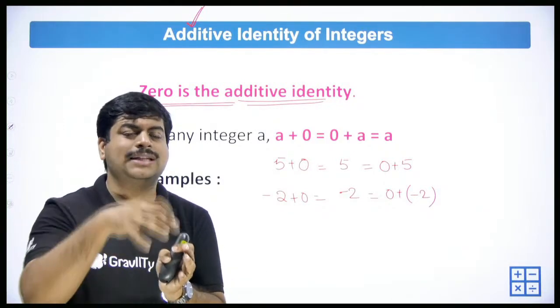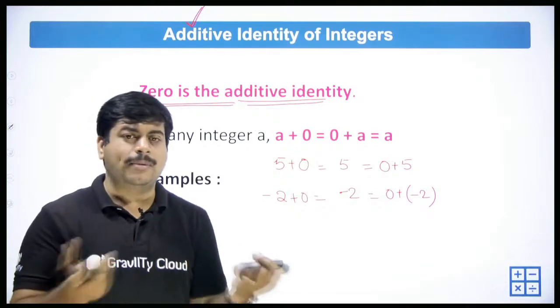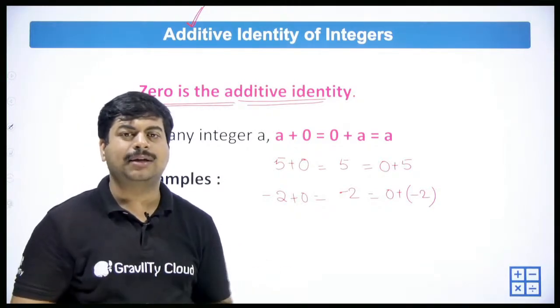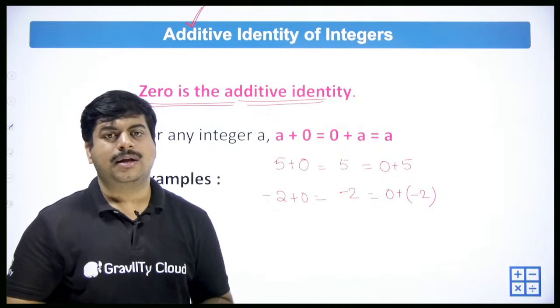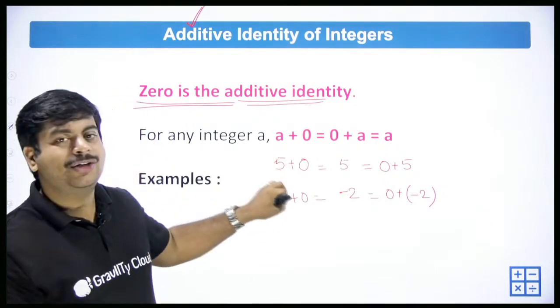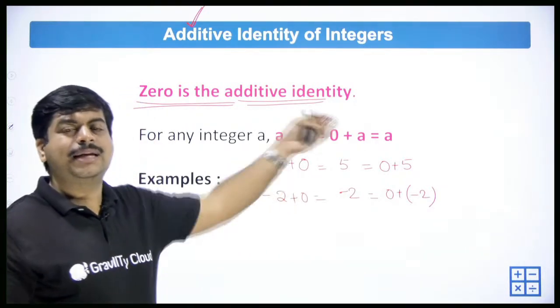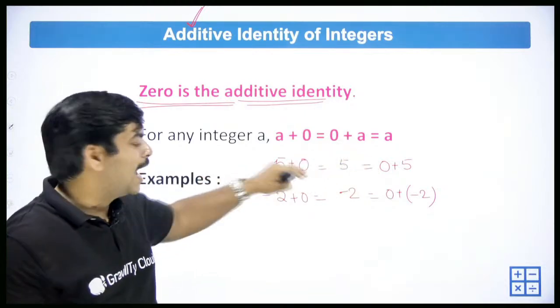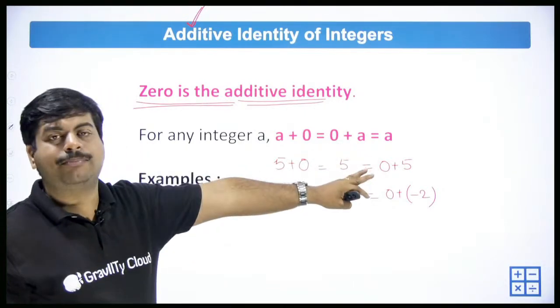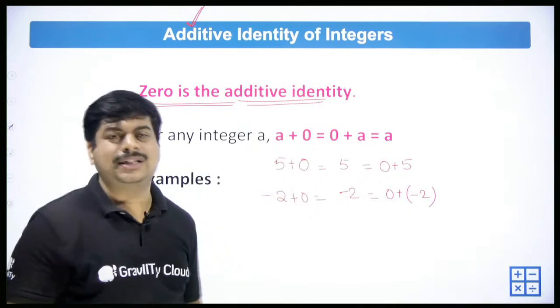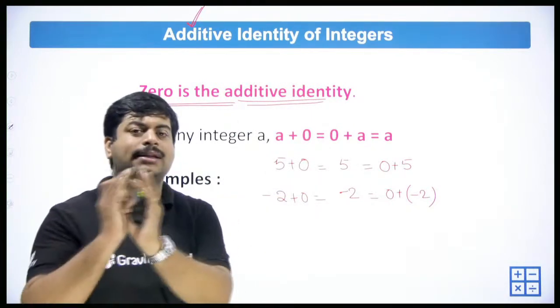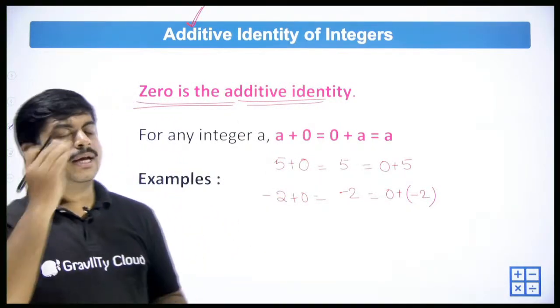We cannot say 0 mangoes are there in my basket. That means no basket, no apples, no mangoes, correct? 0 means nothing. So when you add nothing to a number, you will get the same number again. For the number 5, you're adding nothing, so the same number will appear. For minus 1000, you're adding 0. That means you're not changing anything. The same minus 1000 will come. Okay, so that is about